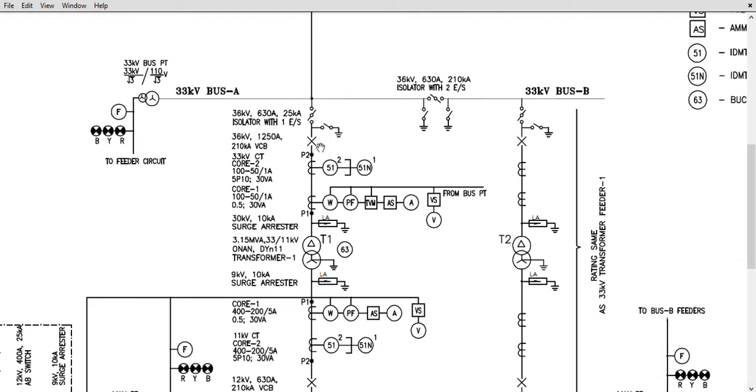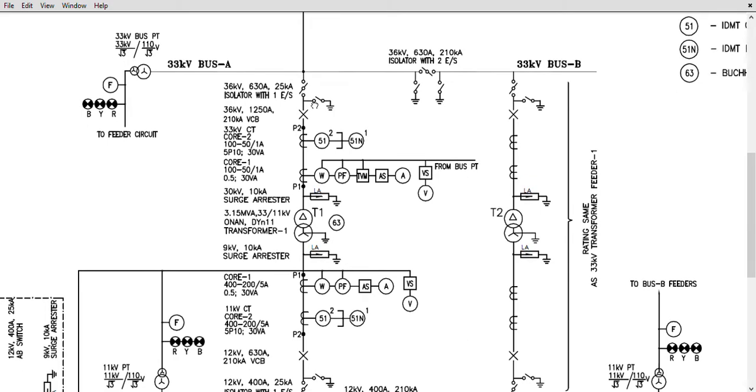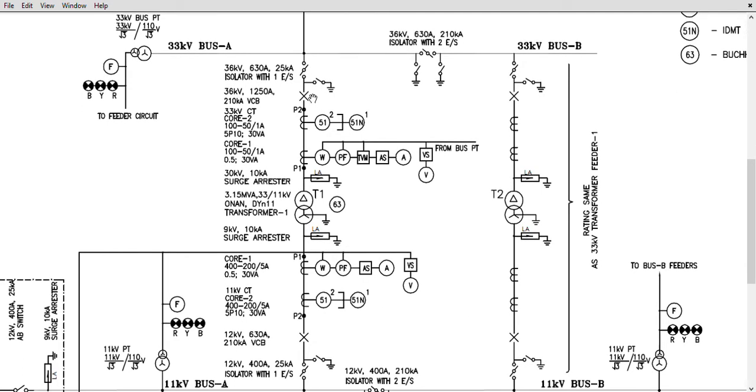on load condition. First we'll have to trip the breaker, because the purpose of the breaker is that it can be operated on load, and it is the only equipment which can be operated on load to make the circuit, to break the circuit. So let's say if we have to take shutdown of this particular bus or this particular area, then first we'll have to trip the breaker. Trip means open the breaker, then afterwards we'll have to open the isolator. That's the protocol.